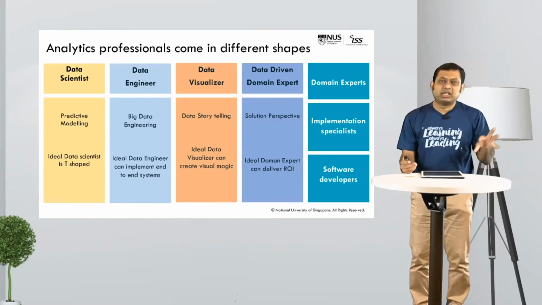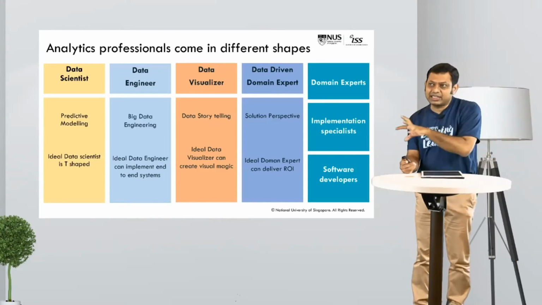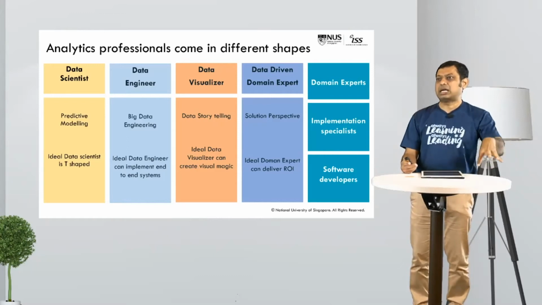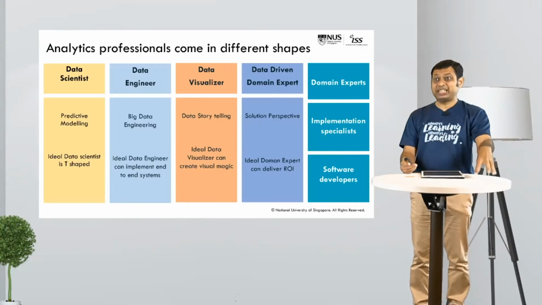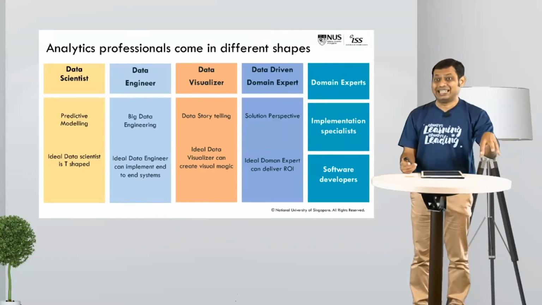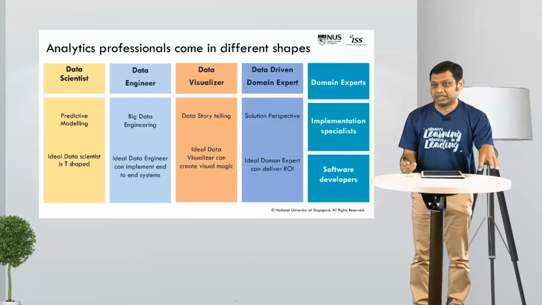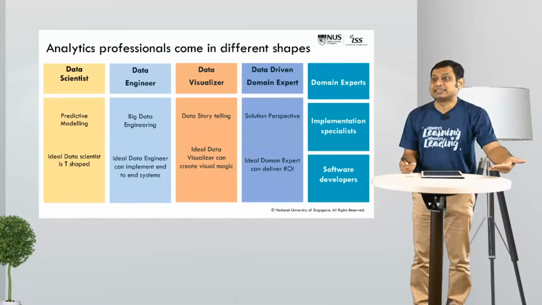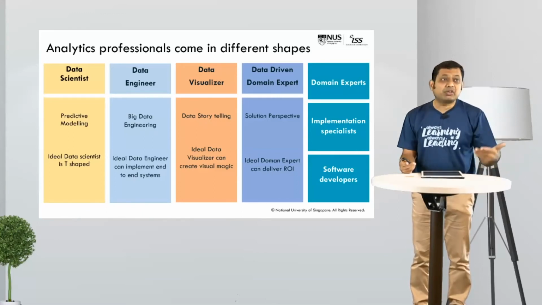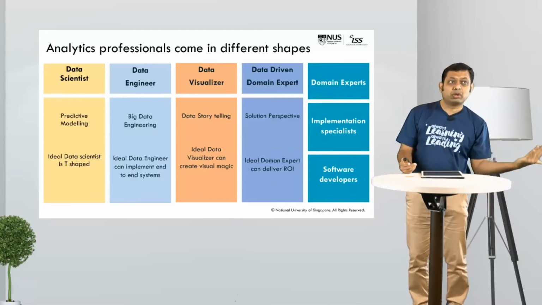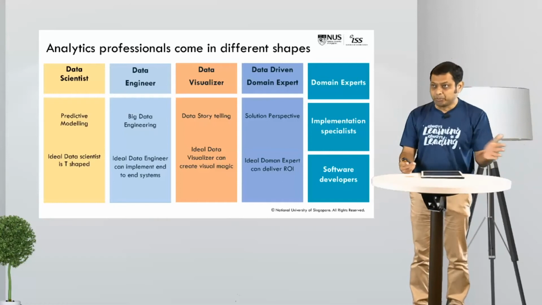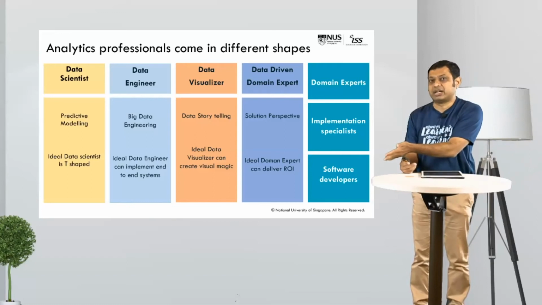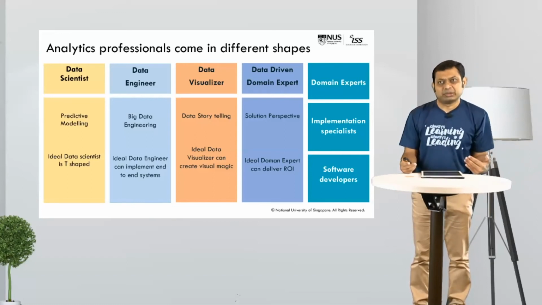But that's not enough. It's not just the kinds of data scientists that you need, but you also need people who are more than data scientists or people who are working with these data scientists. You need domain experts. That's very important because we said that it's solving domain problems fundamentally. You need implementation specialists because if you don't implement the insights, then you're not really going anywhere. You need software developers because you need software developers both upstream to extract the data, midstream to be able to process the data, and downstream to be able to implement any of the outputs. So you need all of these kinds of people.